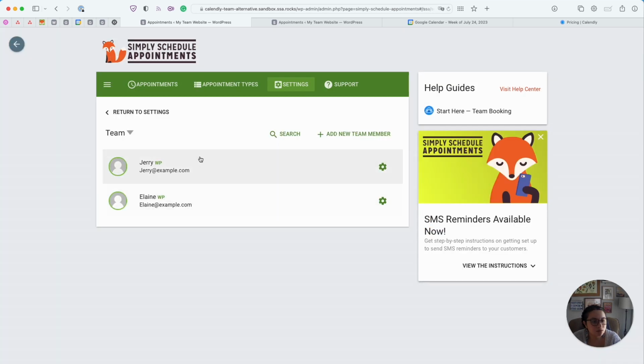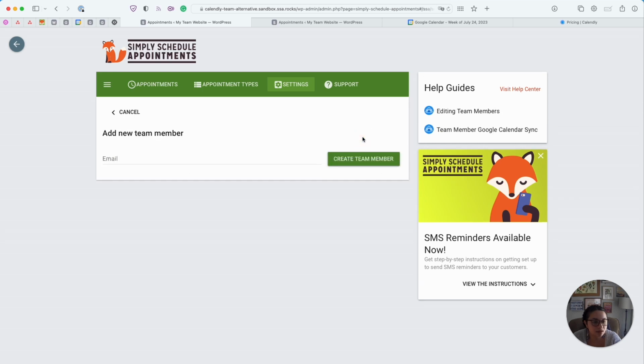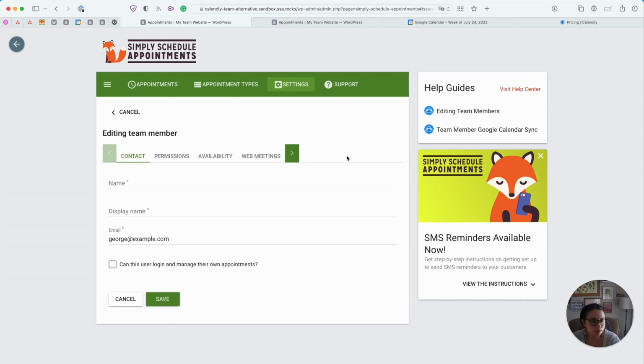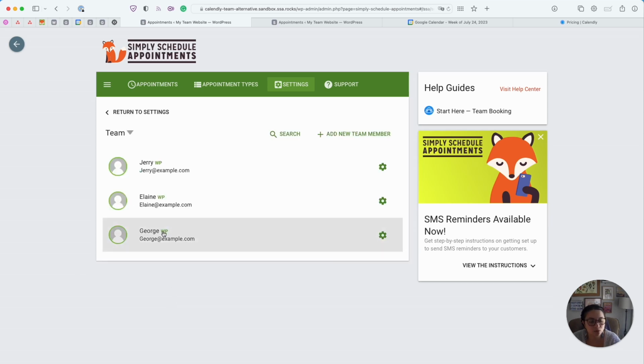Alrighty, so that is a quick overview on the team members. Let me go ahead and create a brand new one just so you can see how fast it is to create one. Alright, so here is the new profile for George, and if I want George to be able to log into his WordPress website, I just have to click this, click save, and George automatically has a new WordPress user he can